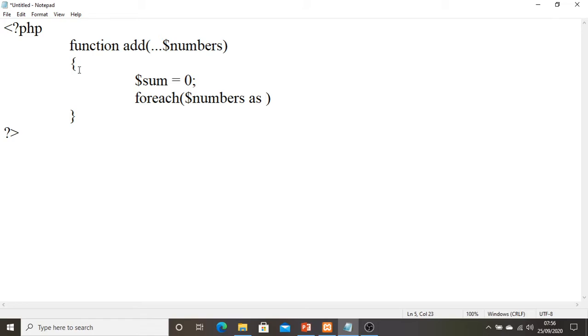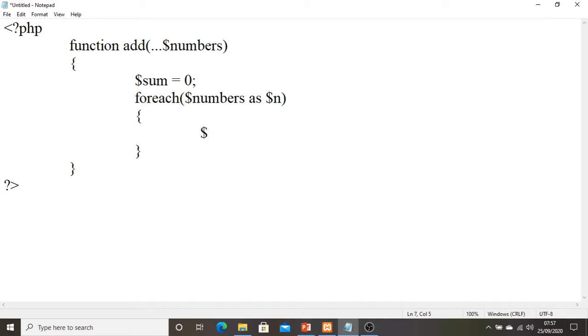Please concentrate and listen carefully. I am using the foreach loop to display the content of the array. But you may ask where is the array that I have taken. The $numbers that I am passing to the function add is the set of numbers, which may be from 0 to n numbers, as we discussed just now. Whatever numbers are passed will be taken as the array. To print that I am using this foreach loop. Always keep everything very simple, don't make it complicated.